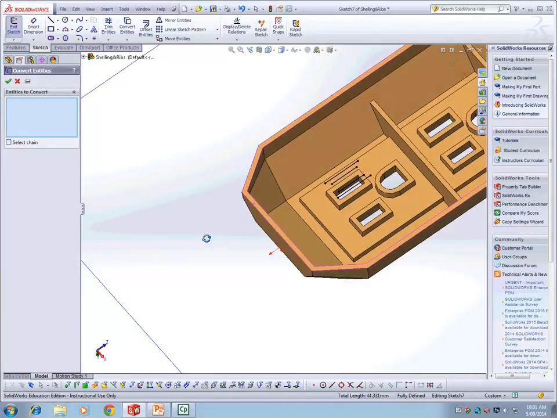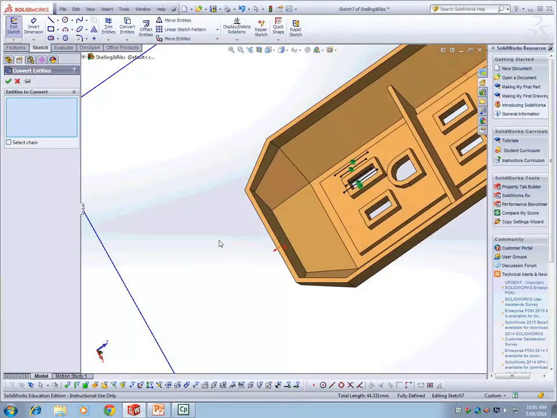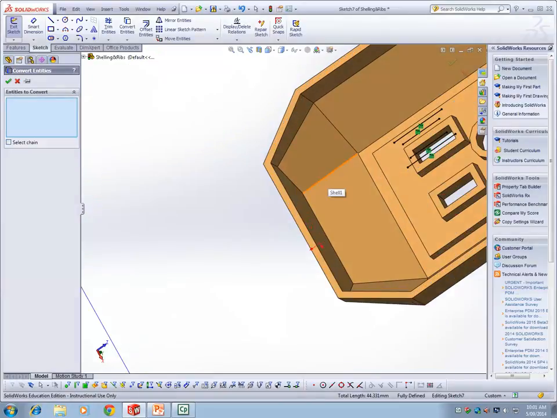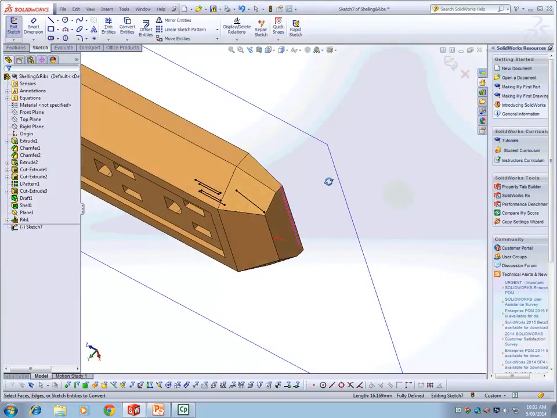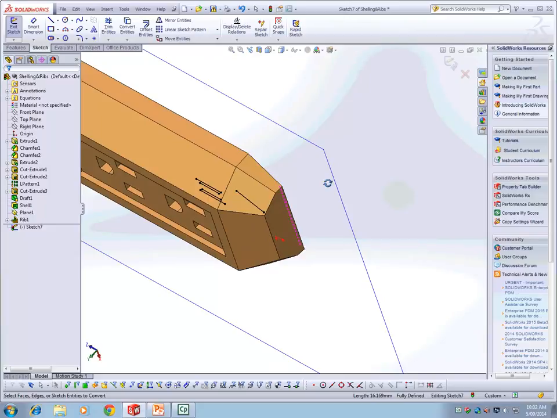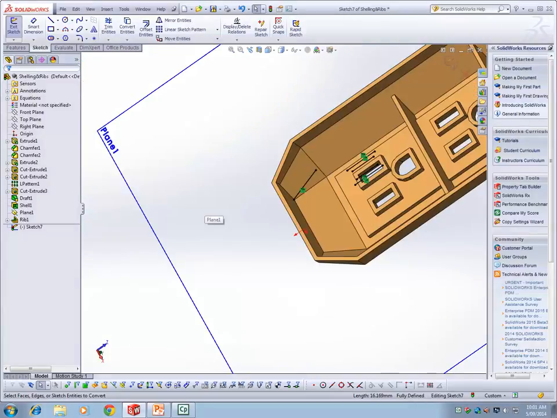It's created for me on the plane. So it's an orthogonal projection on this new plane. Convert entities. This sketch